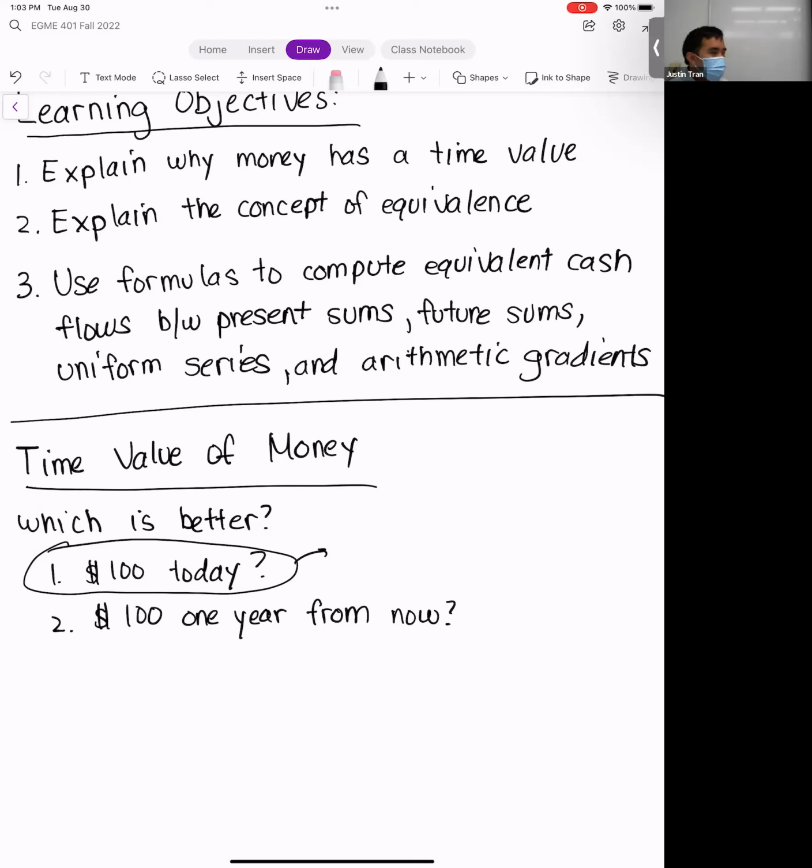Or what most people tend to do is take that $100 and either spend it on something, like food or rent, or you can invest it and grow that money over time. What we're going to be focusing on a lot over the next few weeks is the second one. It's the idea that if you take money and invest it, we're going to learn exactly how money grows with time in terms of interest rates.